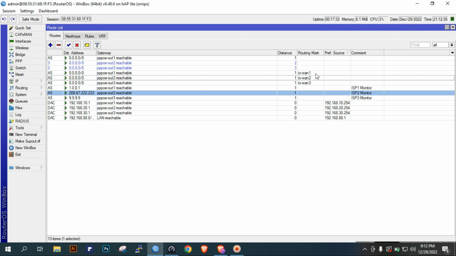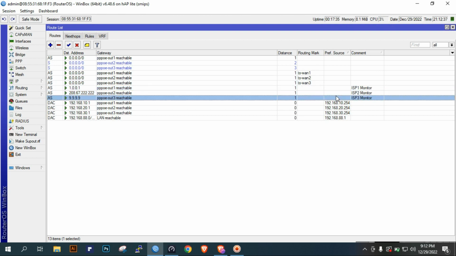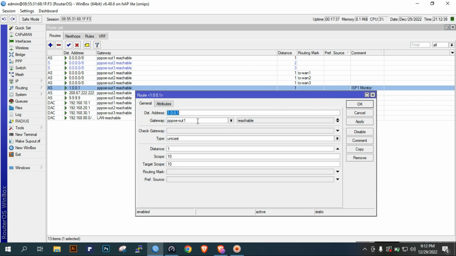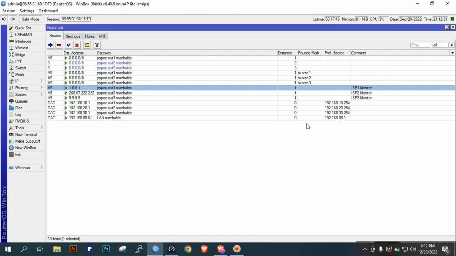Right. If you can also put the IP of your gateway here, not the interface. So click OK. Next, we will configure in the IP firewall filter